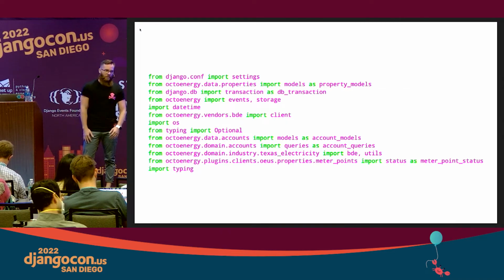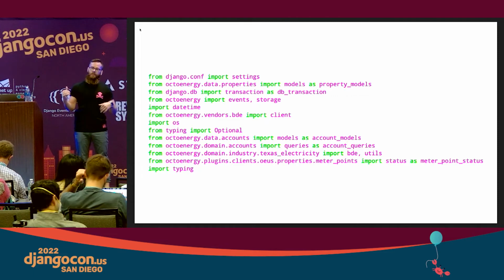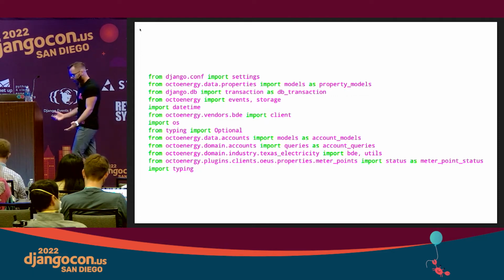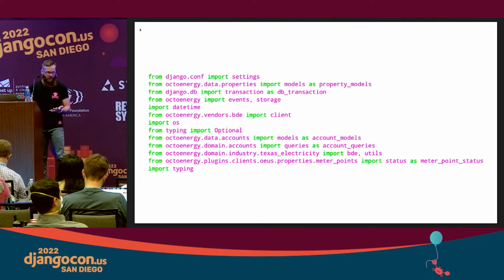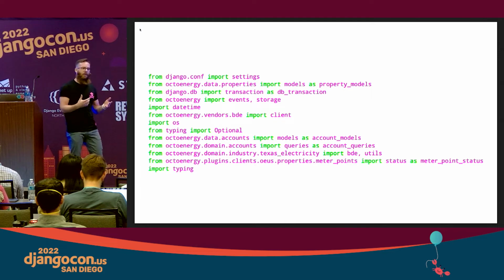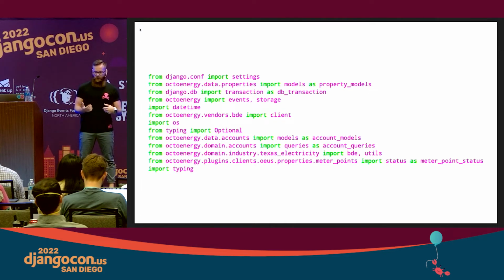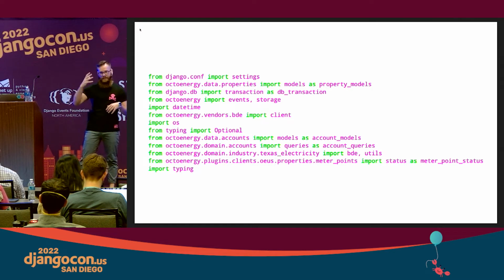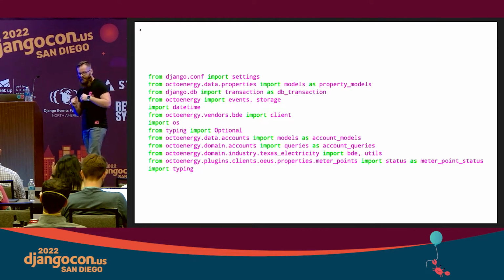So if you work in an application that's pretty big, or in the Python community in general, a lot of times you're going to have a lot of imports at the top of your file. That's definitely a problem in Kraken. We have to import a lot of different things. We have a very modular design. So you can see here it might be kind of difficult when you open up a file and you need to figure out if you need to import something. It's pretty easy to get duplicate imports or something because you can't sort through this very easily with your eye. Everything is bunched together.